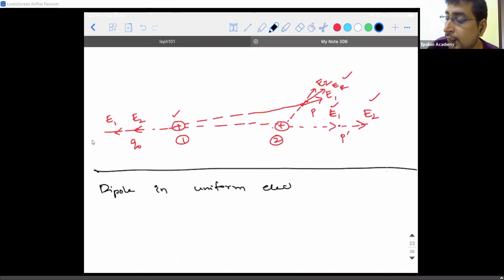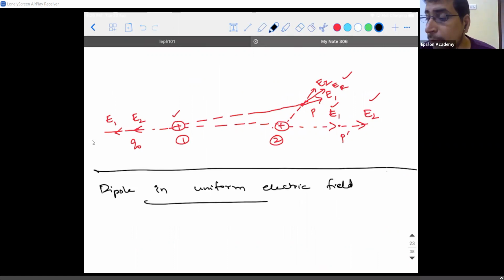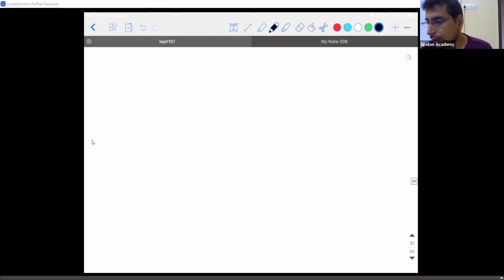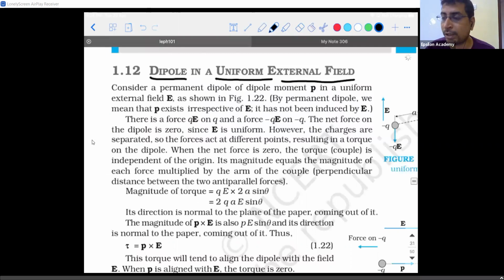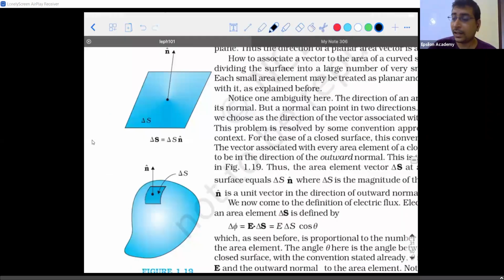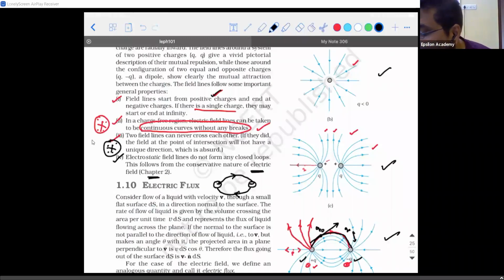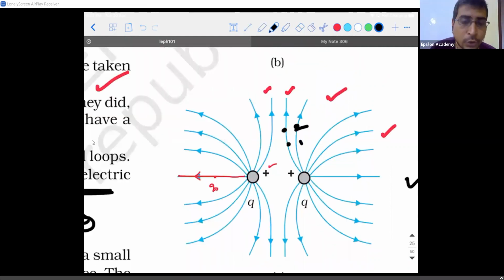An important point to be noted here from the concept of field lines is what I mean by uniform electric field. Uniform means it's a constant value. If you observe an isolated positive charge, negative charge, a system of two charges, or a dipole, the electric field lines due to all these systems are said to be non-uniform. Because if I take any two points on the electric field lines and ask whether the magnitude of the electric field at those two points is the same, the answer will be no.